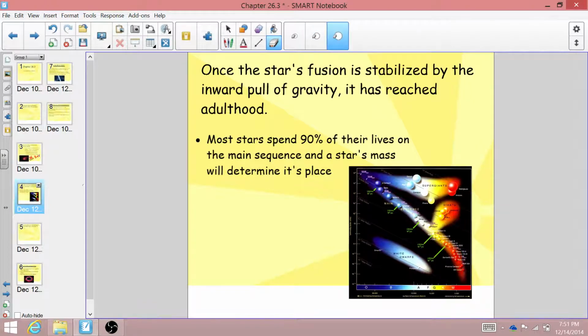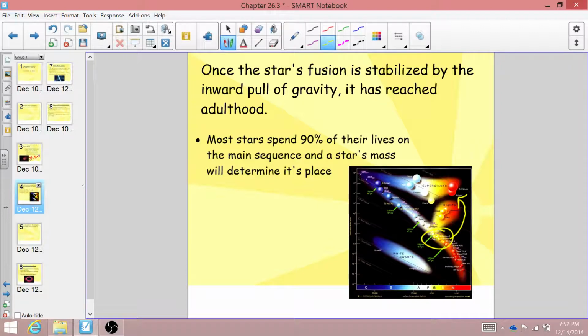What happens is as the star moves past the protostar stage and moves into its place on the main sequence, let's say it's our sun, it will stay there for 90% of its life. But once it starts to die, it will actually expand in size because the outward push of fusion, making those heavier elements, is greater than the inward pull of gravity, and eventually it will become a very large star, either a giant or a supergiant. In the case of our sun, it's going to become a red giant. As it expands, it's going to cool off, and it will become very, very large.